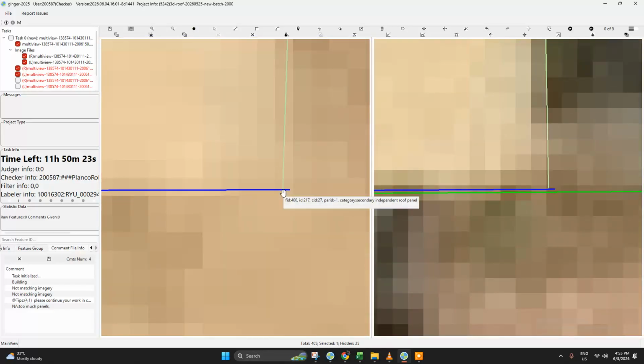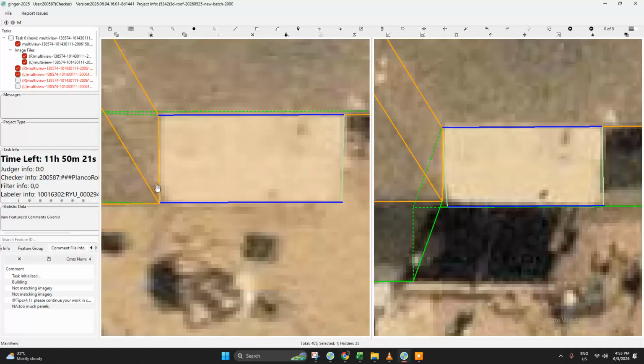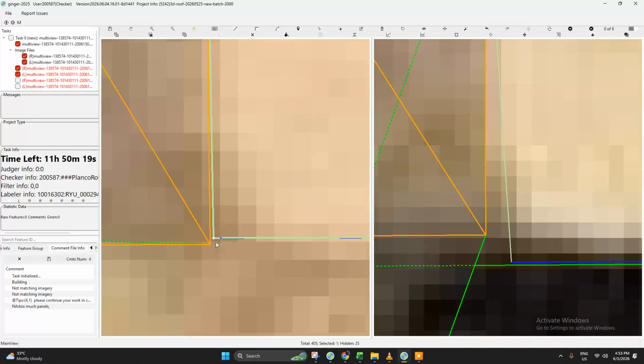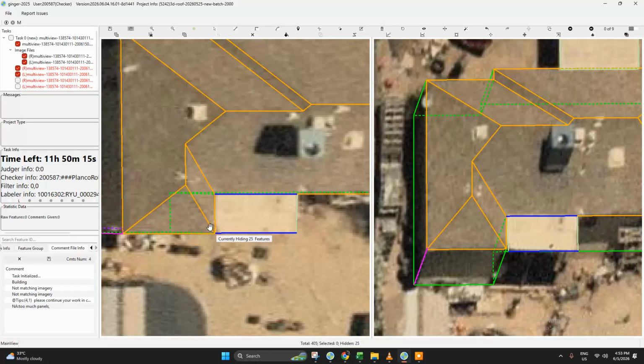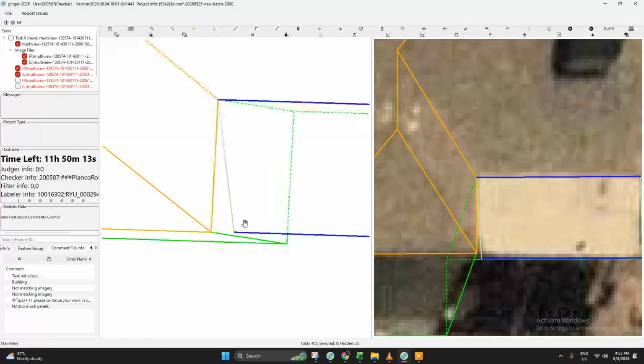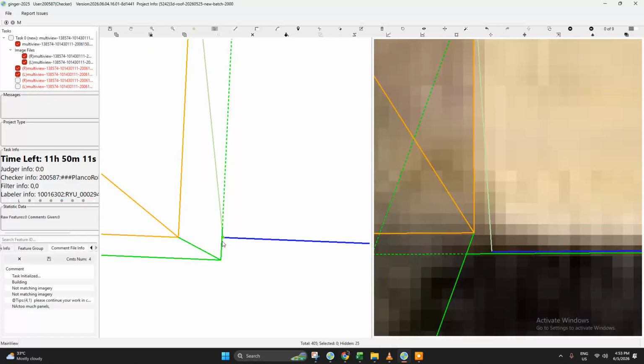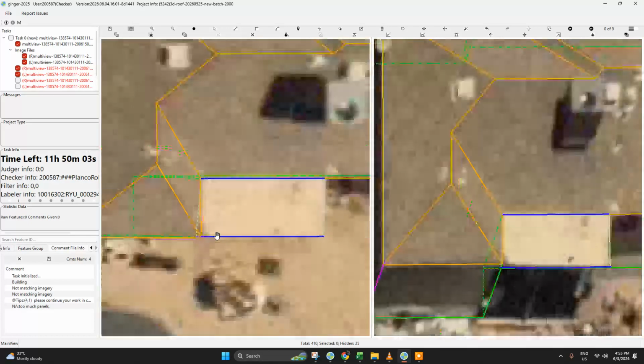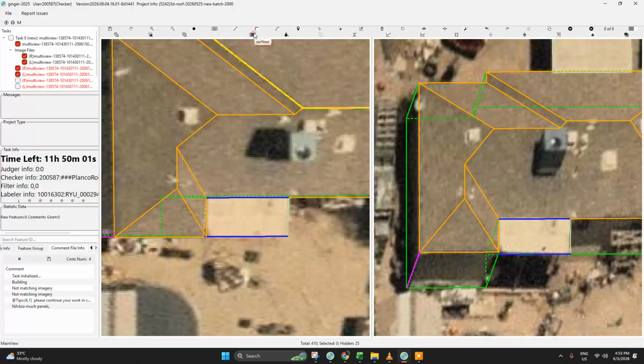So adjustment, and we are done. I think it's better to connect. Okay, let's just connect this part of the extension. Okay, yeah. So again, let's do a final.